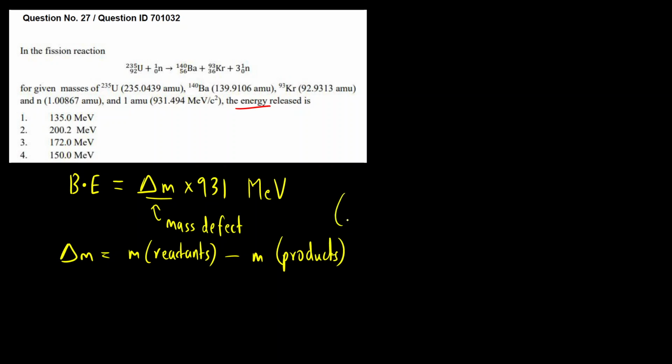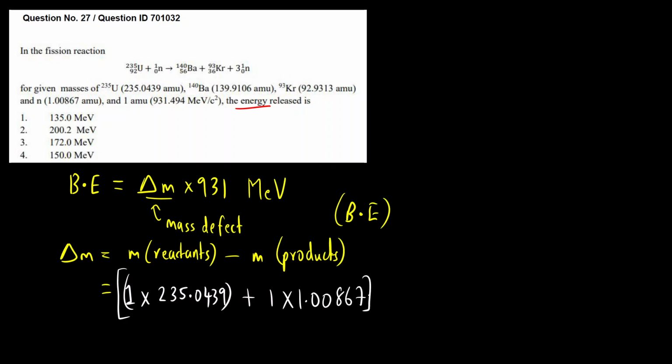This is similar to if you know the formula for bond energy in thermodynamics. Okay, bond energy also we calculate, that is reactant minus product. Okay, so reactant, what do we have? We have 1 uranium atom. So 1 into atomic mass of uranium is 235.0439 plus there is 1 neutron. So 1 into mass of neutron is